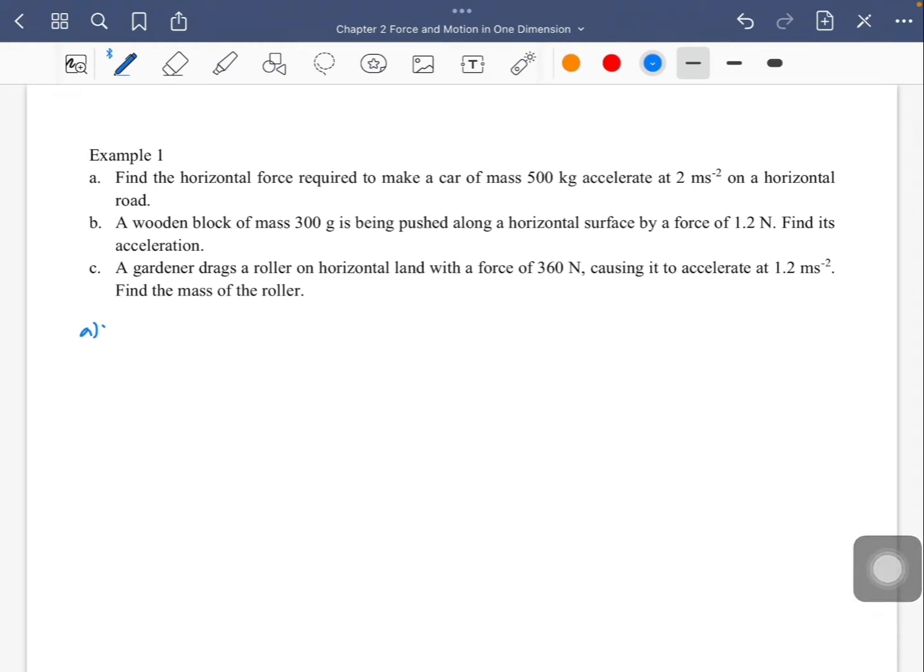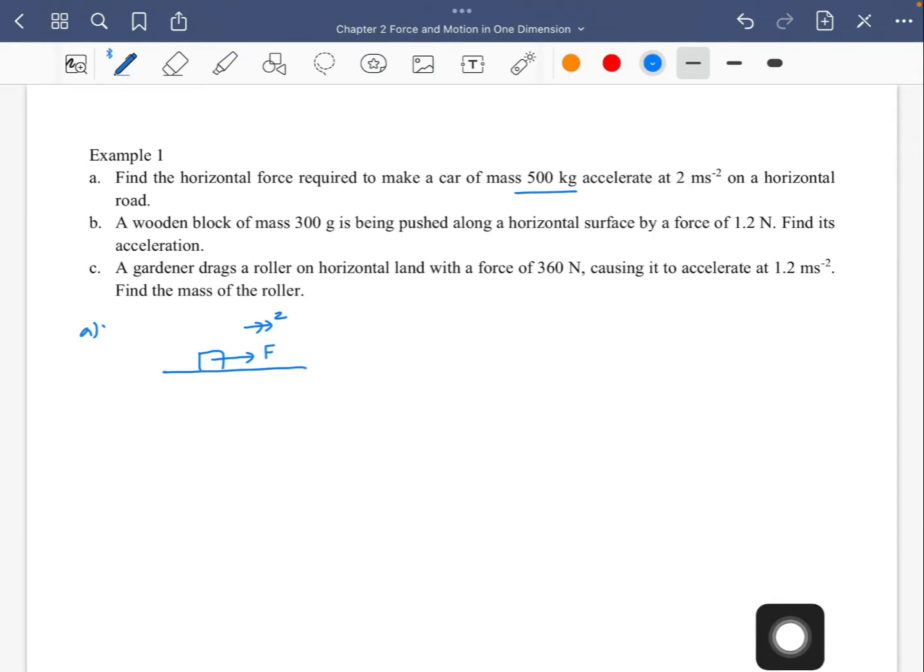So for this case we have a horizontal road and a car on the road with a mass of 500 kg and an acceleration of 2 meters per second squared. And we need to find the force required